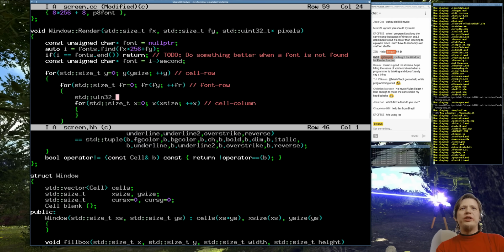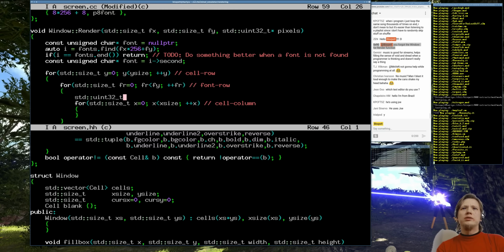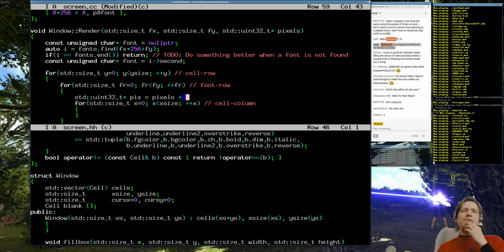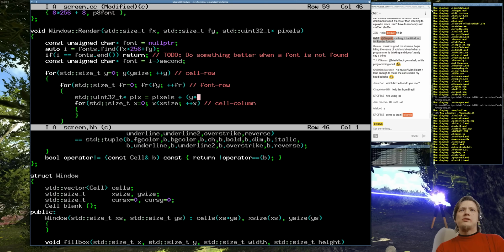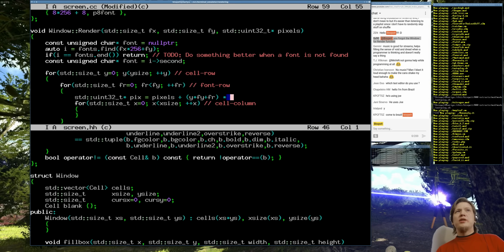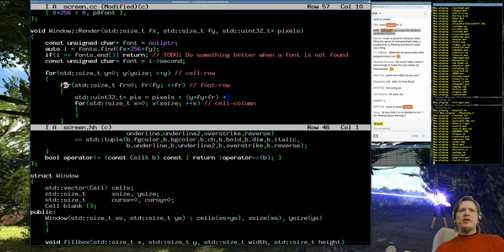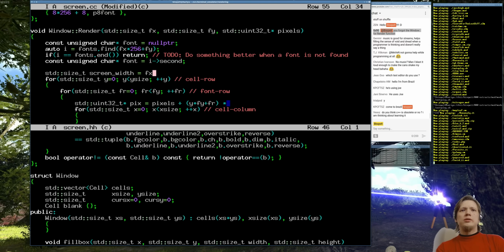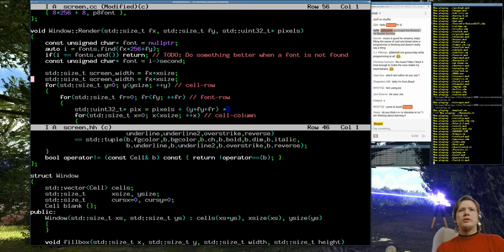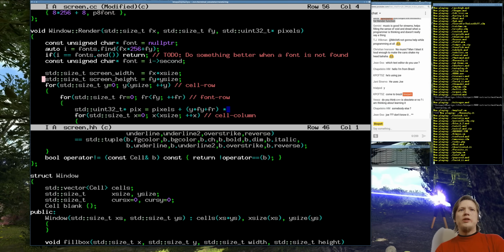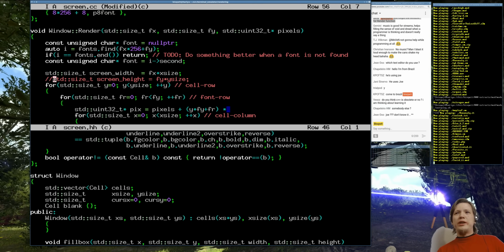And the pixel pointer is going to be pixels plus that much times screen width, which is going to be... this is probably going to be an unused variable, so